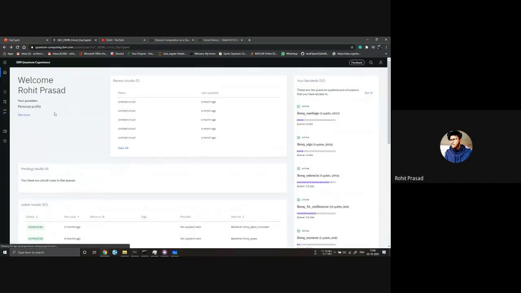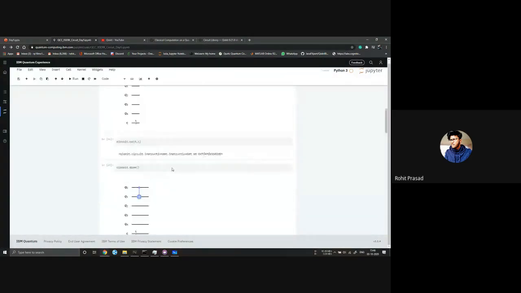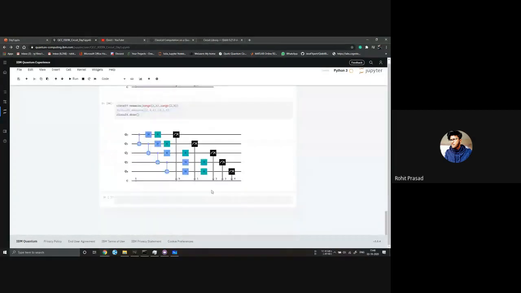So now I will choose a simulator on which I want to run this circuit. There are two simulators: the state vector simulator and the Aer simulator.